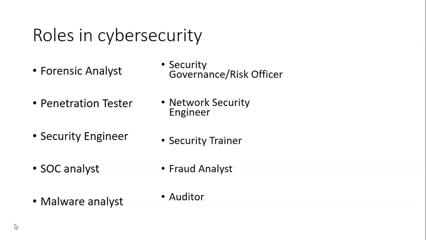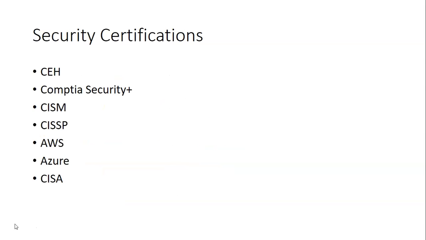So let's see, you want to build your career, you need to take some certifications. You want to start, I advise you start with the CompTIA Security Plus, because it will give you a basic understanding of what security is all about. Then you can proceed to having your CEH, or Certified Ethical Hacker. These two are more or less junior certifications. Then for the next two, the CISM, Certified Information Security Manager, and CISSP, Certified Information Systems Security Professional. These are senior level